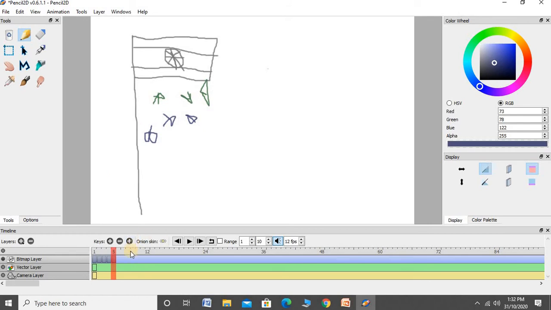So again we duplicate that slide up to 10, add some flowers again. Again we duplicate the slide up to 15, add some flowers.